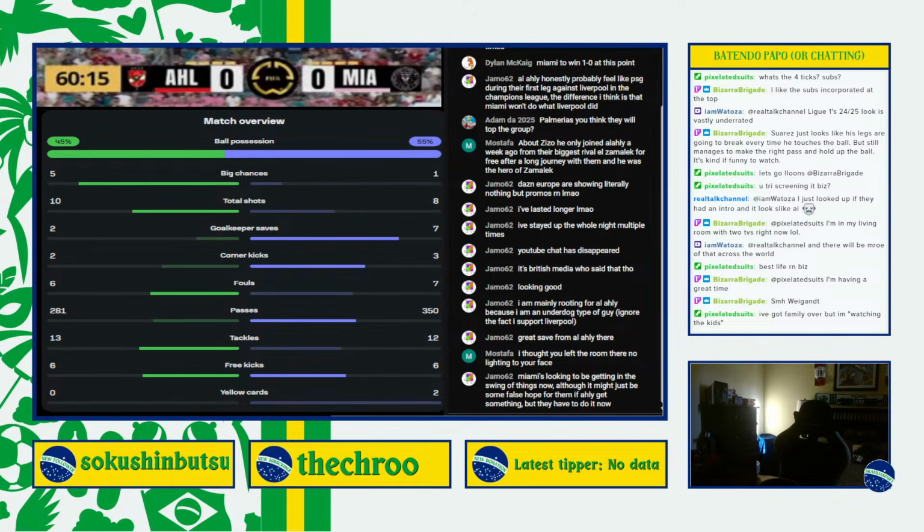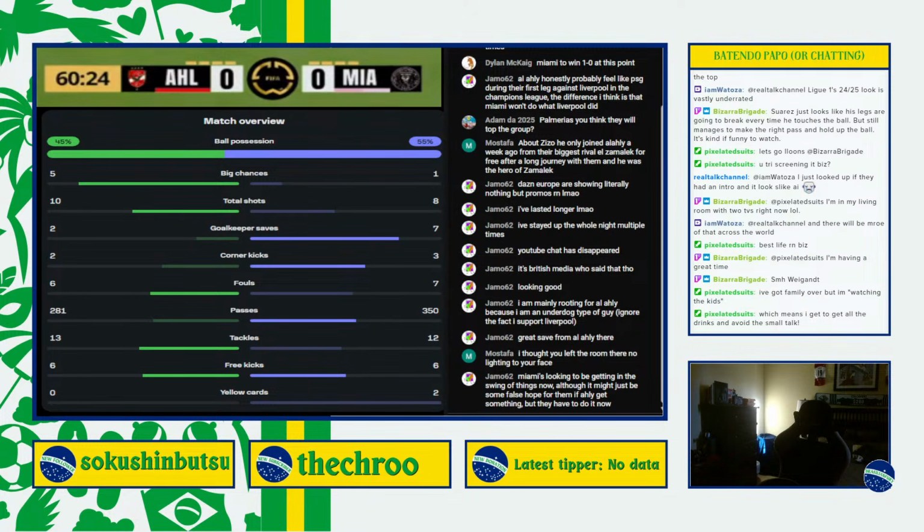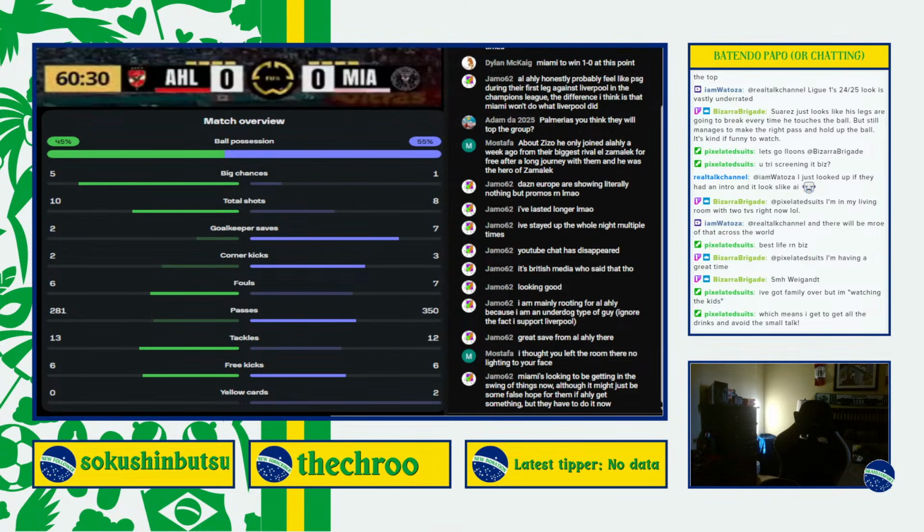Half an hour to play in the opening game of the expanded Club World Cup. The challenge coming in there from Artea to put it out of play for a 4th Inter Miami corner in the game. Well, right now, both Atia and Fati, the number 13 and number 8 for Ahly,